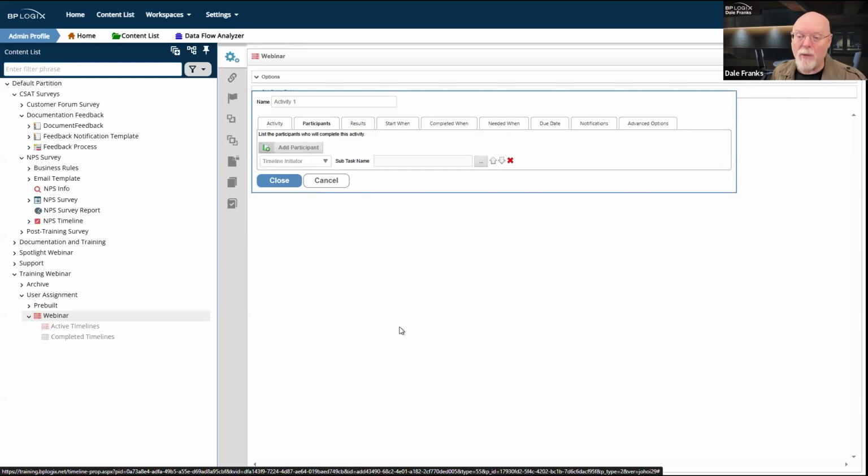And at that point, we check the participants to determine who is going to be assigned the user task that is associated with that activity. I generally try to use the term activity and not task, but we should be aware that for a user activity, a user task is generated.